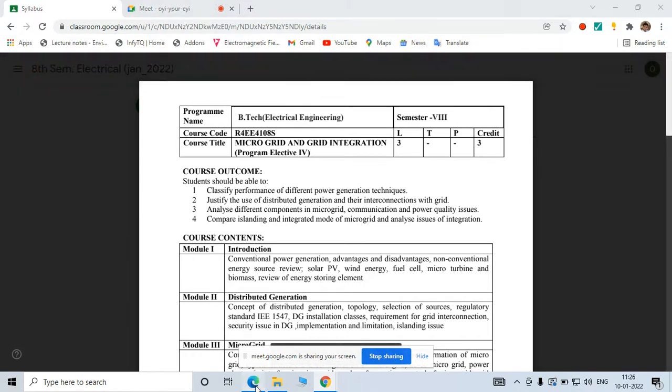Today we will be talking about the solar cell. Today we are going to see the solar power plant. You might have already studied the solar power plant. The main working principle here is that it converts light energy into electrical energy, right?